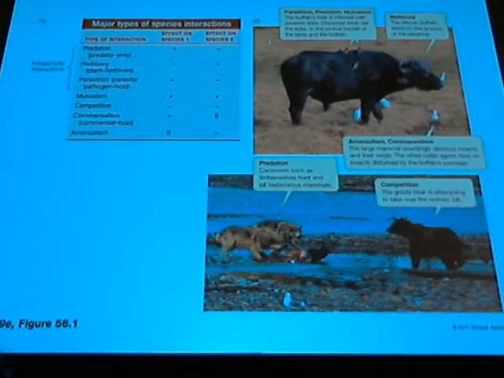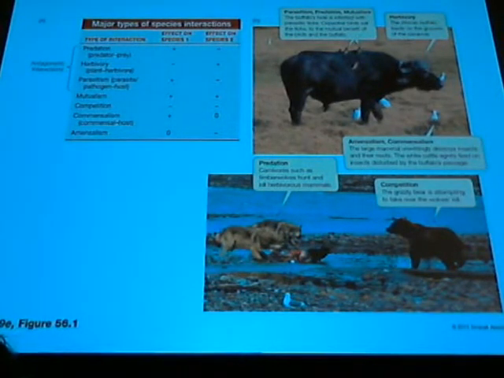Now we zip all the way over to the New World, to probably the taiga, that would be the biome right now. Got some wolves and a grizzly bear, right? And the wolves have killed the carcass, and so that's classic predation. Kill the animal or eat it. Plus the wolves, minus the elk, right? But the bear comes along and says, I'd like a little piece of that, and all of a sudden now,